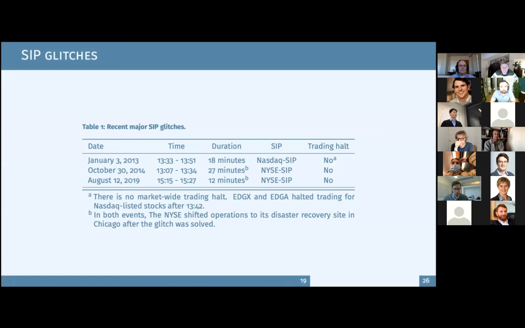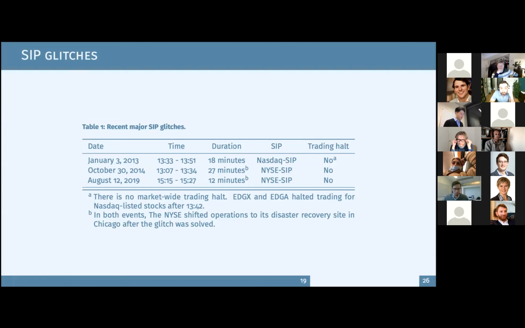All right, so the first set of events, as I mentioned, is the speed upgrade to the SIP. And the second type of events I look at is when the SIP suffers from outages. So it's kind of the opposite events. Here are the 3 major SIP glitches I found. Each of them has a relatively short duration, and they happen at both SIPs. The first is on Last Stack, and the other 2 are on LYCE.